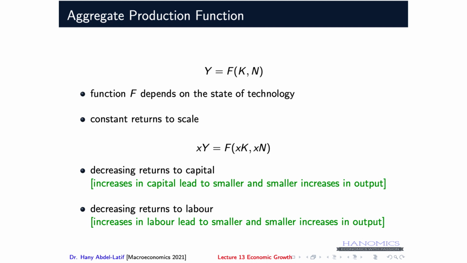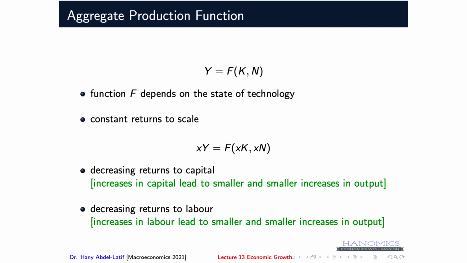In this case, I double the amount of capital I'm using, the amount of machines, and then what happens to the output? If output doubles, that means constant returns to capital, but if the output increases by less than double, that means decreasing returns to capital. Similarly, when we talk about